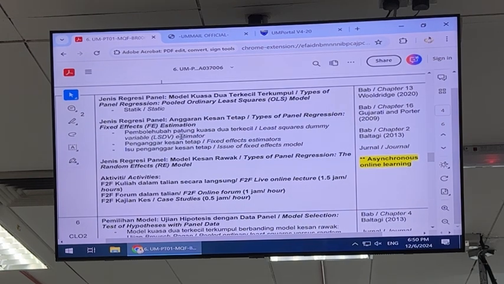What is interesting with the fixed effect and random effect is that they allow for individual effects in the estimation, right? You have to know the feature behind the pooled OLS, the feature behind the fixed effect, and the feature behind the random effect model. If you ask me whether the theory is going to be covered in the final exam, sure, because we have to understand the features of each estimator. For example, pooled OLS ignores the panel structure, because they pool them